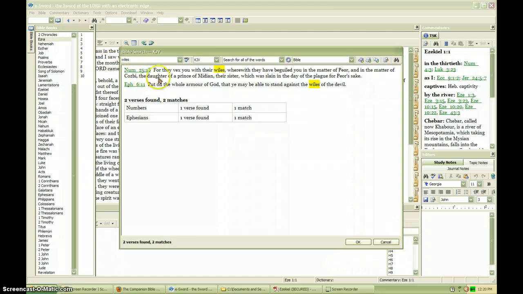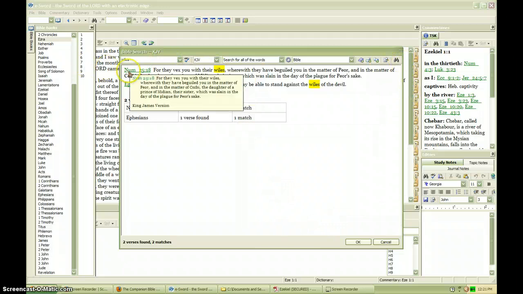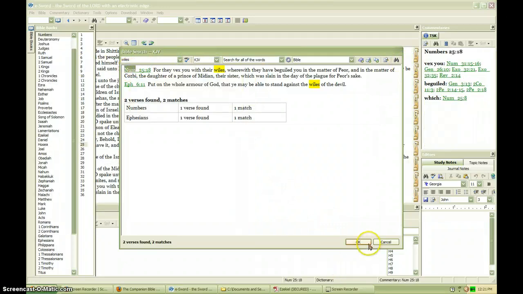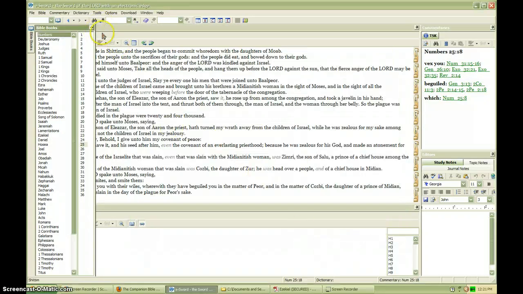So let's read this in Numbers. For they vex you with their wiles, wherewith they have beguiled you in the matter of Peor, and in the matter of Cosbi, the daughter of a prince of Midian, their sister, which was slain in the day of the plague for Peor's sake. So if you wanted to find out some things about that, you click on this link right here, and it